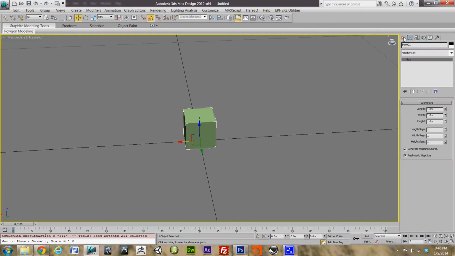You just click it. There are these little tabs up here. You have a hierarchy panel, motion panel, display panel, and utilities panel. But right now, let's go ahead and go to modify, and we're going to name this into a crate. So let's name it crate,